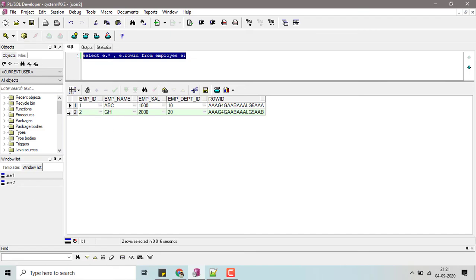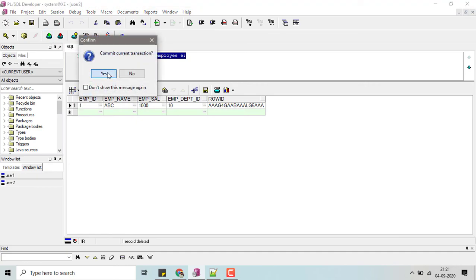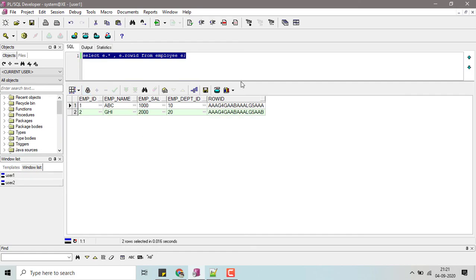Let's consider user 2 wants to delete employee 2. So he opens the lock and clicks on the minus sign. It represents deleting a record. That's how the record is deleted, but it is not committed. We have to do the post changes here. Once we have done the post changes, we have to commit, because it is a DML operation. Once I commit the transaction, if I trigger the select query from user 1, I will get only one record because user 2 deleted the second record.